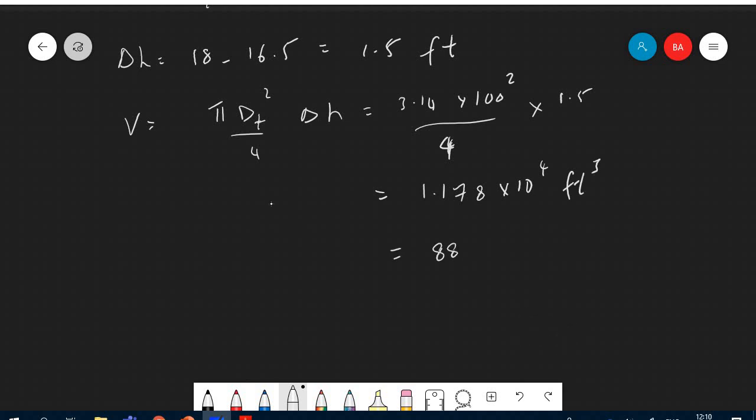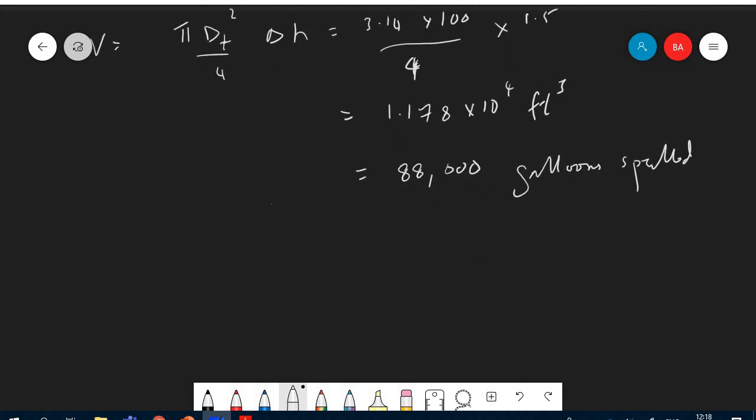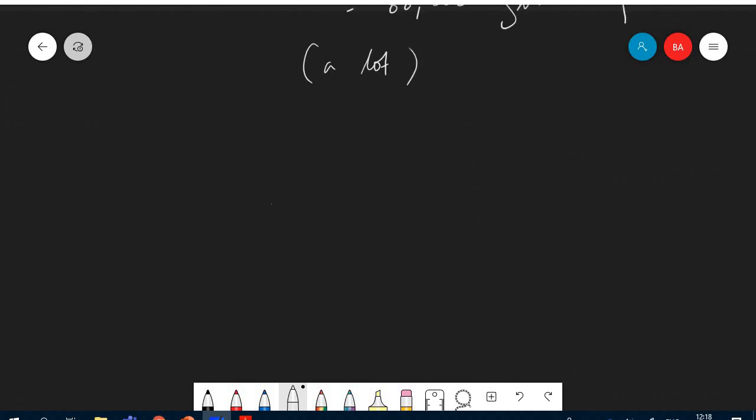Now what is the amount? The volume is pi d square of the tank, the diameter of the tank, over 4 into that delta H, which is that amount. So imagine with that amount that you have 88,000 gallons spilled,